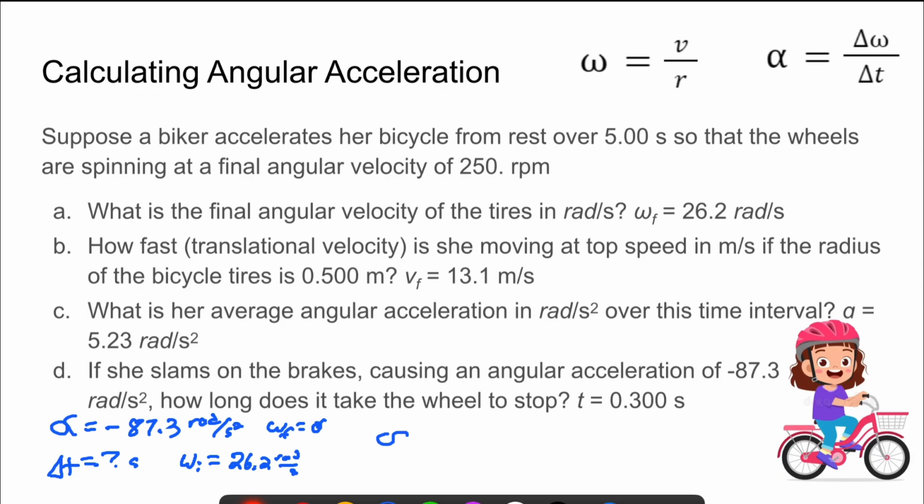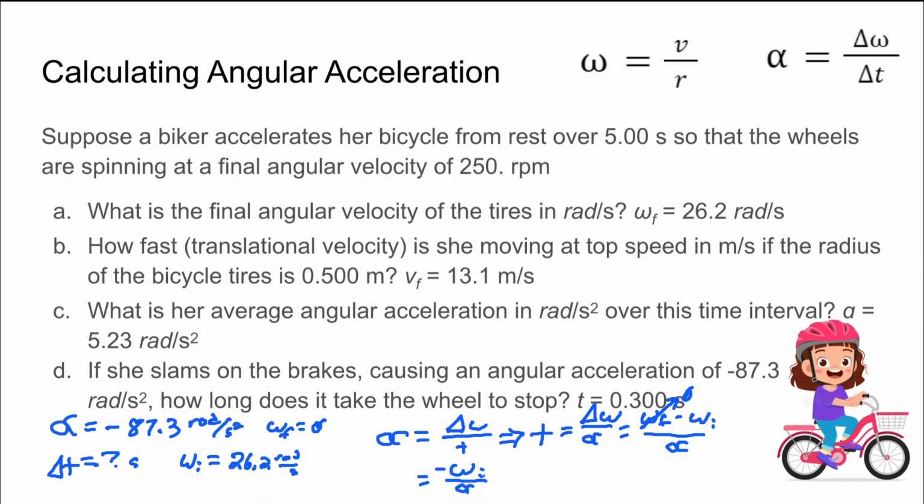So if we take our angular acceleration equation again, we've got our change in angular velocity divided by time. And of course, we want to solve for time. We can multiply each side by time and then divide by angular acceleration. So we'll get our change in angular velocity divided by our acceleration. And this will involve taking our final angular velocity minus our initial angular velocity and dividing by our angular acceleration. And since our final angular velocity is 0, we can get rid of that. And this would be the negative of our initial angular velocity divided by our angular acceleration,